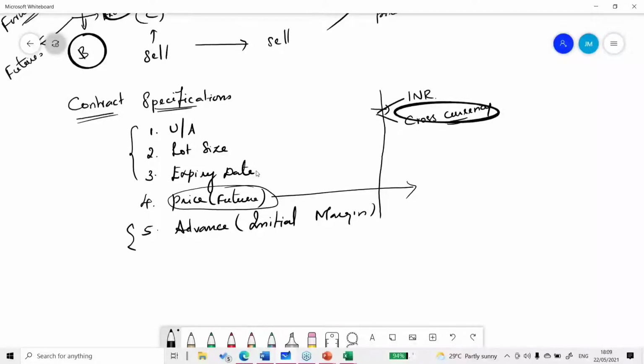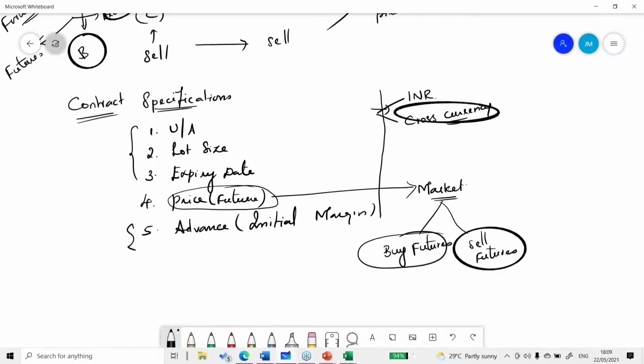That is going to be decided by the exchange, and the price is decided by the market. What you and I can do is plan to buy not the underlying asset, but futures, or plan to sell futures. When I say we are trying to buy futures, we agree to buy the underlying asset on the expiry date. When I'm trying to sell futures, I agree to sell the underlying asset on the future date. That's the major thing which we need to remember.